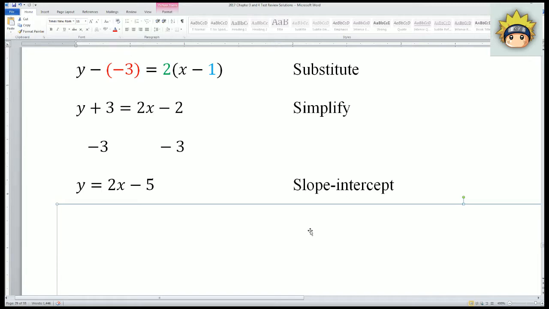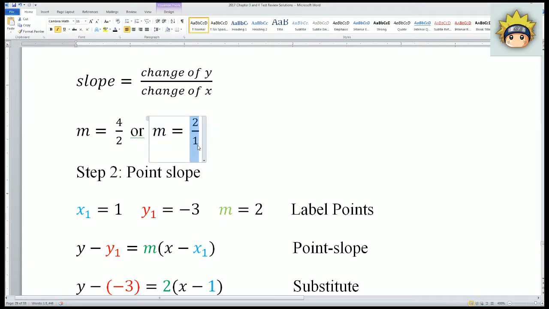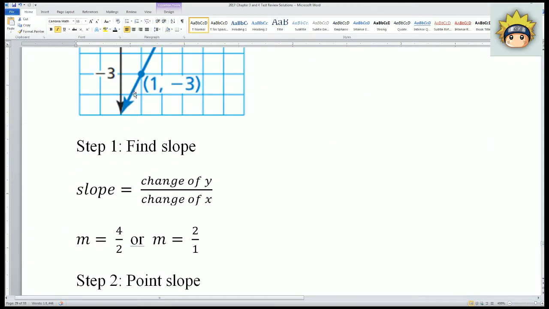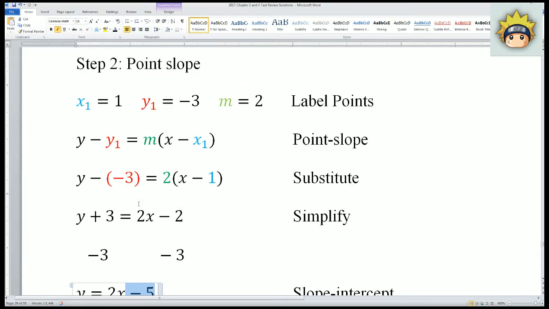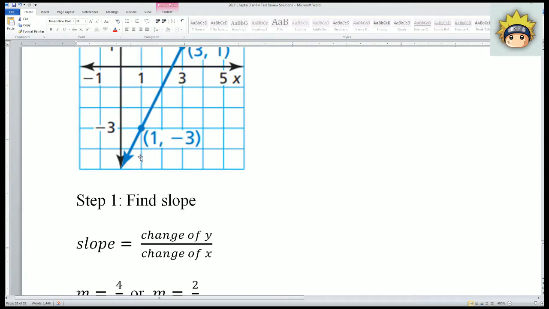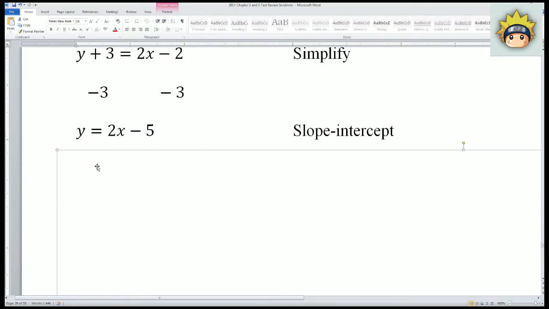We should already know this because look, this is the slope, which is 2. This is the y-intercept, which is negative 5. If you count a little bit here, this is 4, this is 5. So based on our graph, it looks like our answer is correct. y equals 2x minus 5. The intercept here is negative 5, and it's a positive slope that is going up 2, then 1 across, right? Good. Next one,